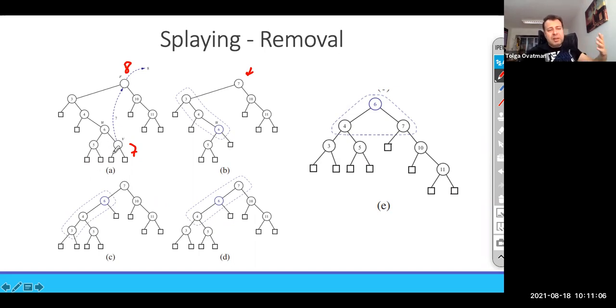Because it makes most sense, right? Because something you are taking out of a tree, and the next thing to be the root to make it balanced will be the smallest one on the right or largest one on the left. So you take the largest one on the left and you make it the new root. And then